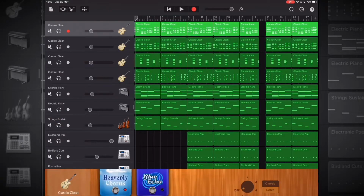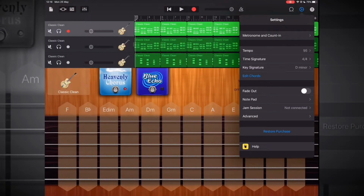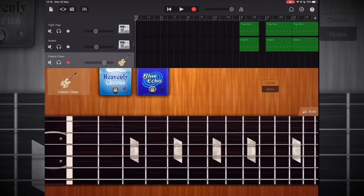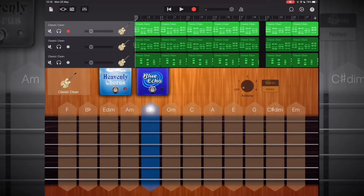First thing I did with the guitar was to actually start with the main notes, and just like any GarageBand project, you choose the tempo. The tempo I chose was 95, which is the tempo of the song, and the key I chose was D minor. The instrument I used was classic clean, and I chose the heavily chorus. Very interesting. And you go to the notes section, which is here, and I think the notes are